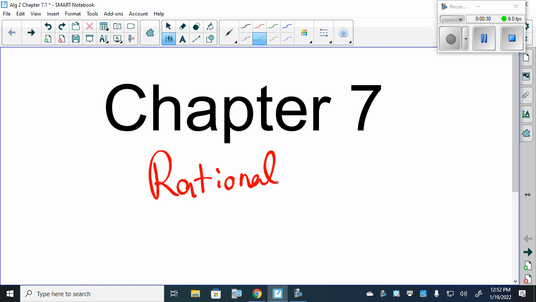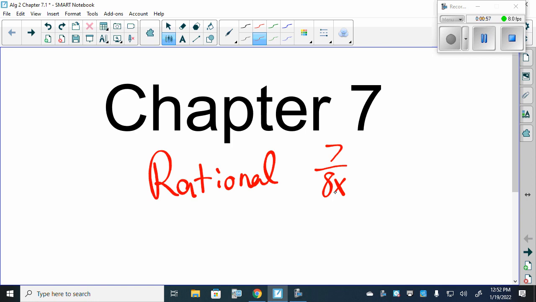Now, we've talked about rational numbers at the beginning of the year. A rational number is any number that can be written as a fraction, written as a ratio. So rational expressions and equations are going to be fractions with variables, more specifically variables in the denominator. So a rational equation or expression is going to be an equation with a variable in the bottom of the